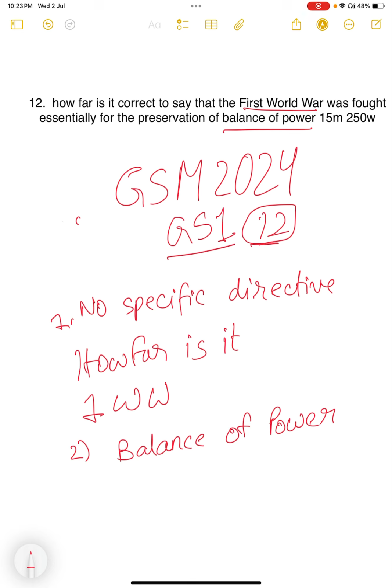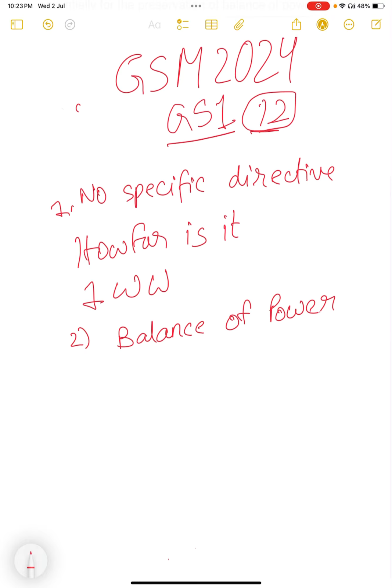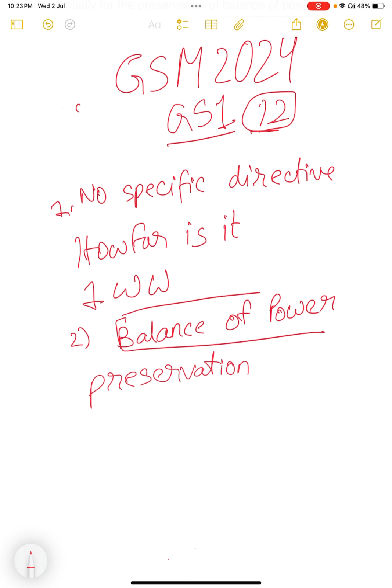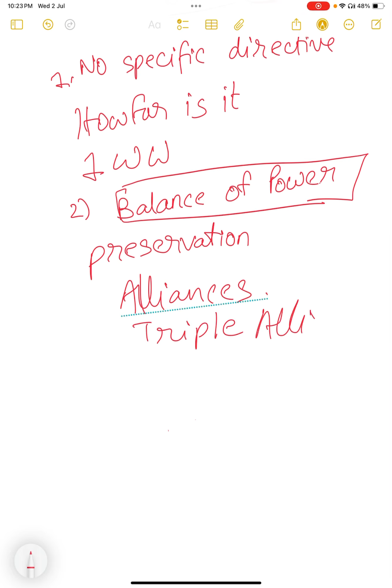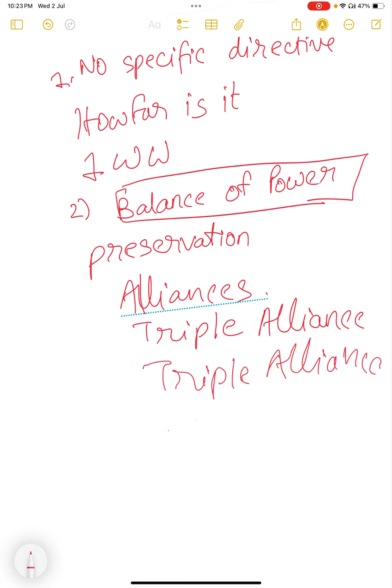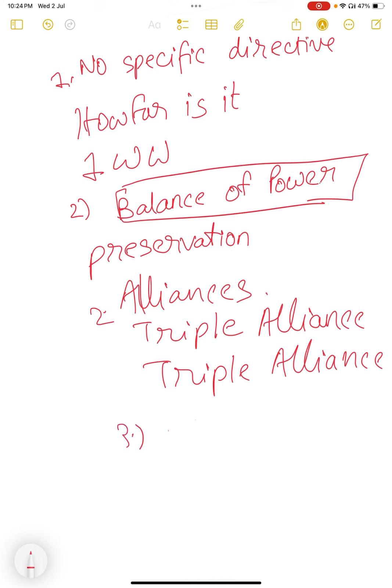So, coming to the structure of the question, we need to highlight how the attempt to preserve the balance of power is responsible for the First World War. And we need to also validate the reasons supporting this argument. You can give reasons like the alliance system, the secret alliances, the Triple Alliance and the Triple Entente, and the second important aspect, the rivalry among the European powers, among imperial powers,